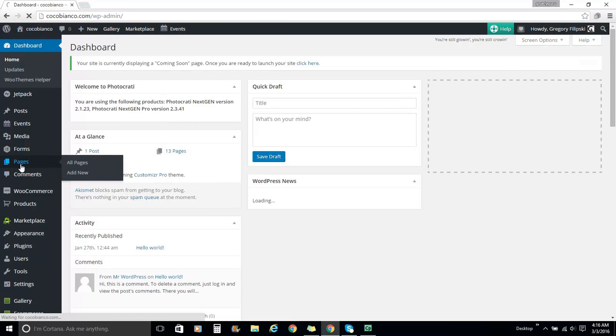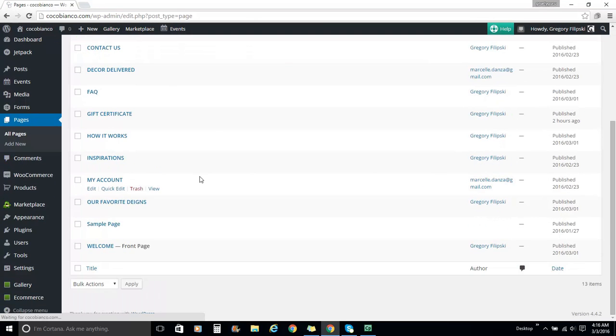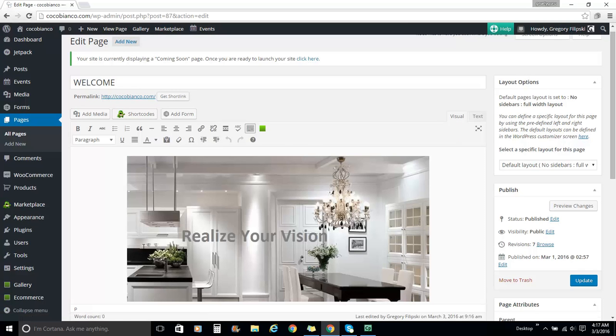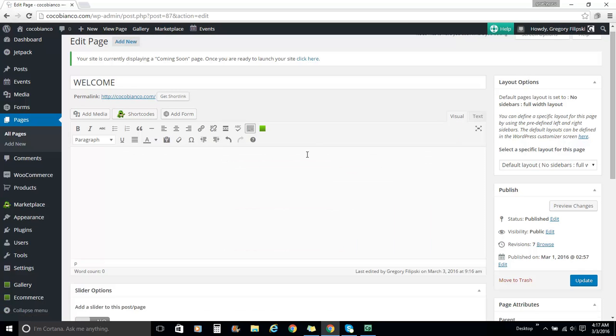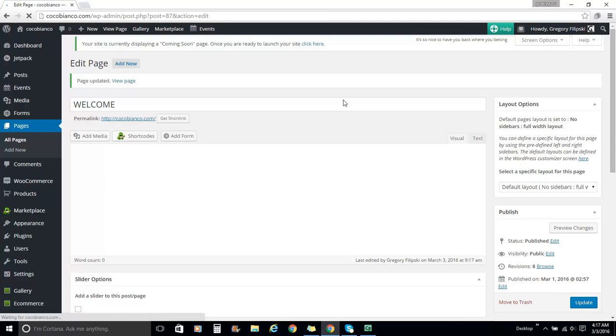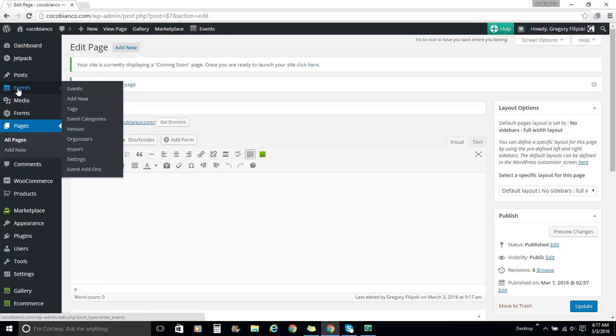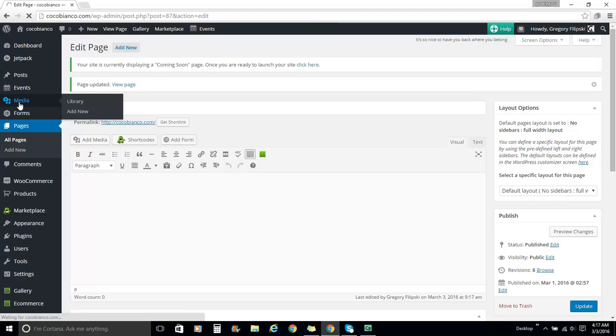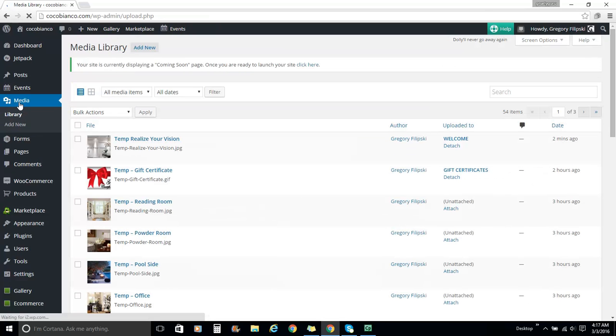So again, we'll go to Pages, down to Welcome, I click on the image, I hit the X to remove it, and I update the page, and now the page would have no image at the top. And I'm going to put a slider image back in, and for no other reason than I'm just trying to leave this the way that you saw it last when we spoke. I want you to be able to edit this, and I believe the image, I might get the image wrong, wouldn't be the first time,